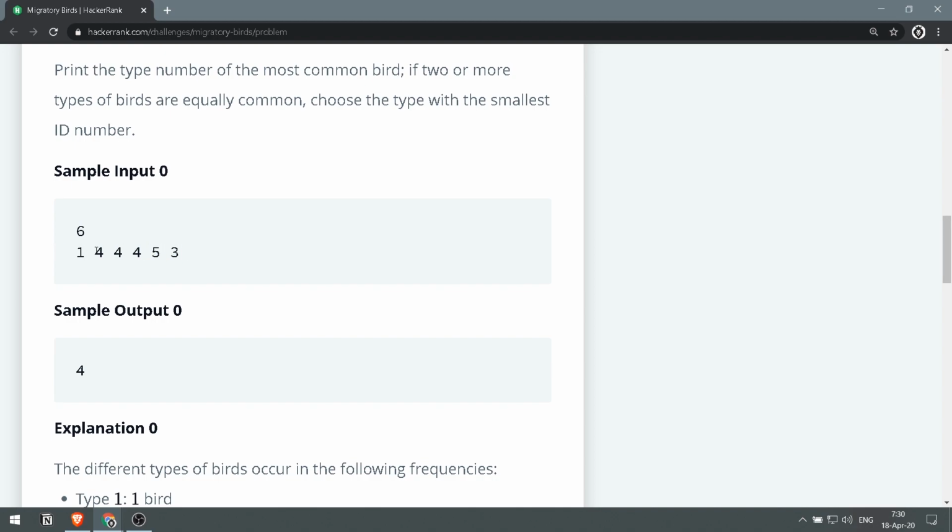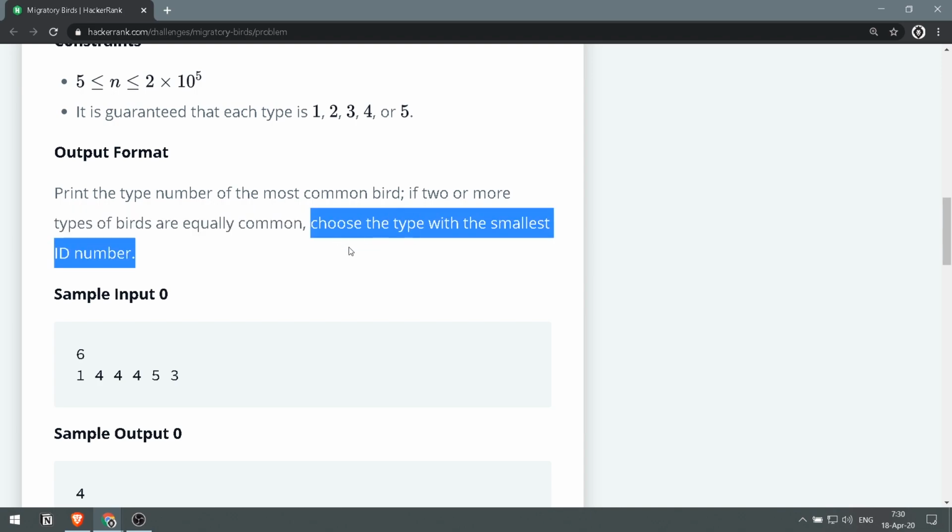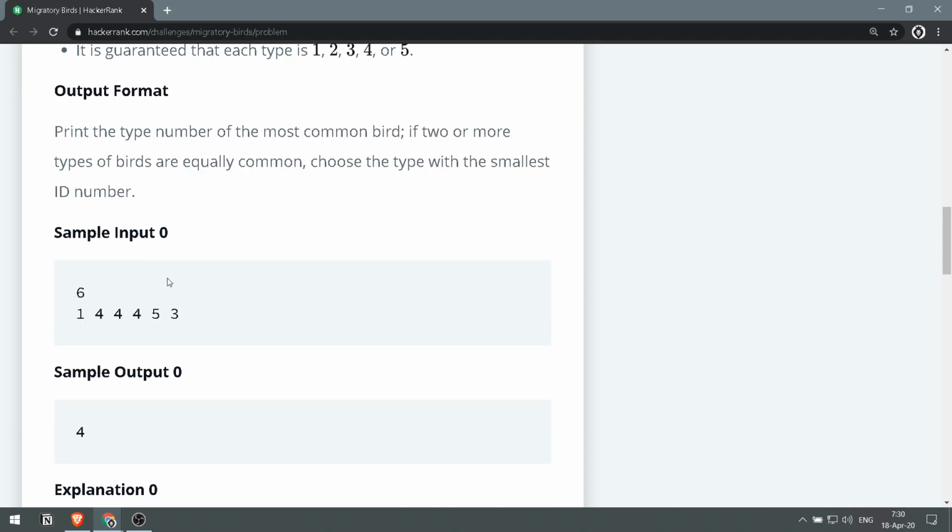So the most common, as you can see here, print the type number of the most common bird. If 2 or more types of birds are equally common, choose the type with the smallest ID number. Anyway, here the most common is the bird with the ID 4, so we just print